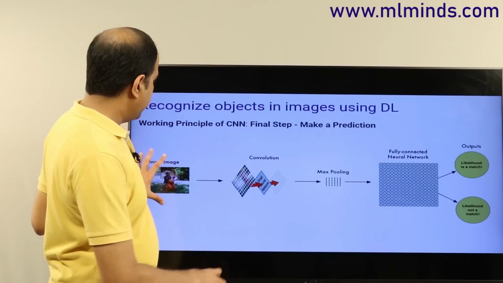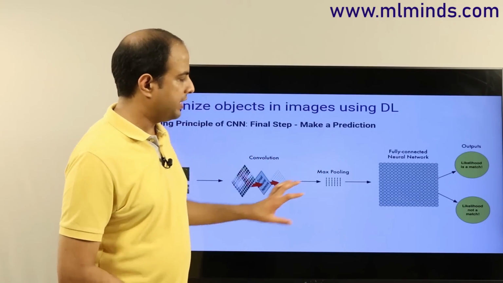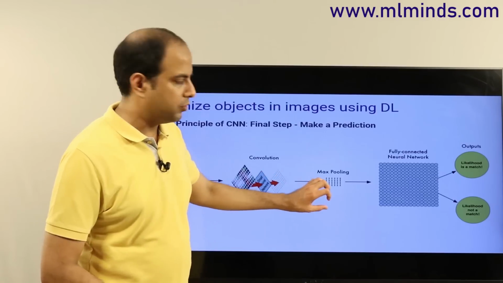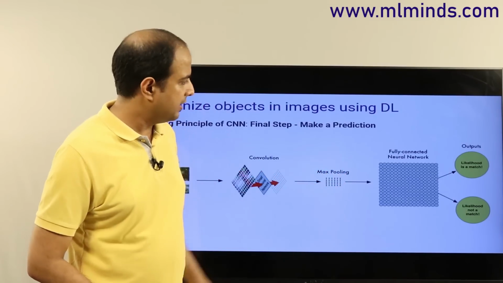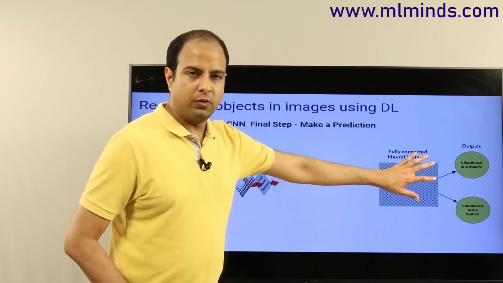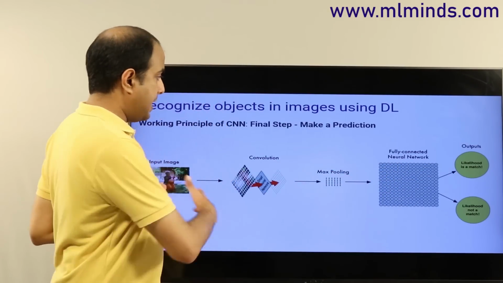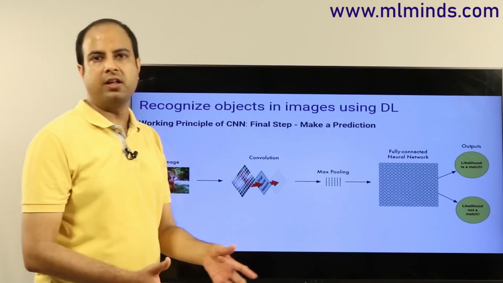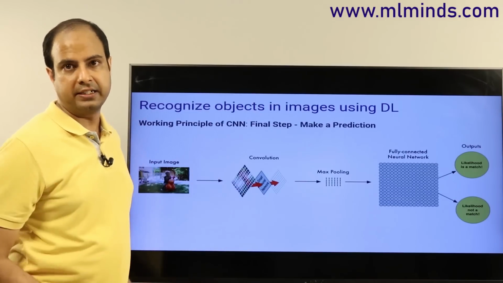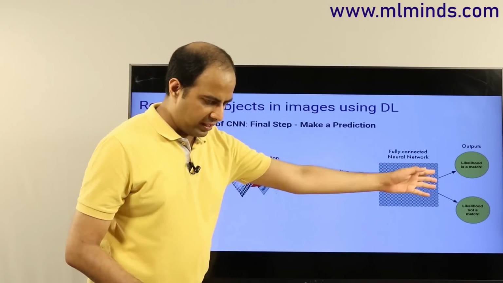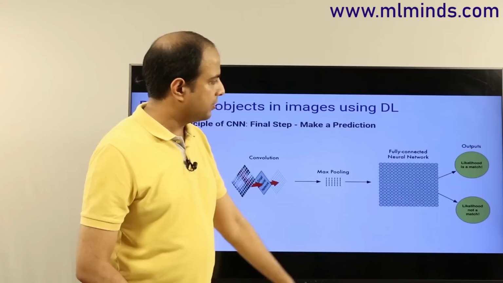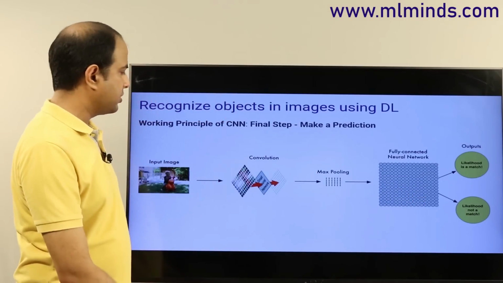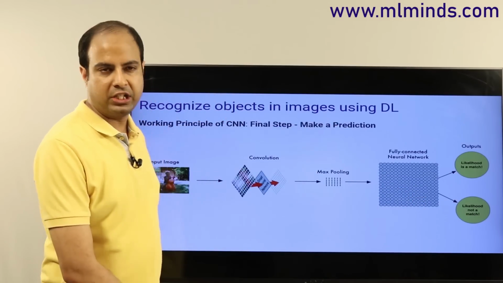But this fully connected network now is a very small one, because when you do convolution and max pooling, the image size reduces over time. The output size is very small, and therefore the number of weights is very small overall. End to end, the number of weights is much smaller than you would need in a deep, fully connected network. And finally you can still output the likelihood that it is a match or not a match, or whatever your classification goal is.